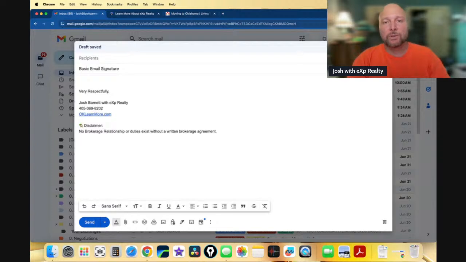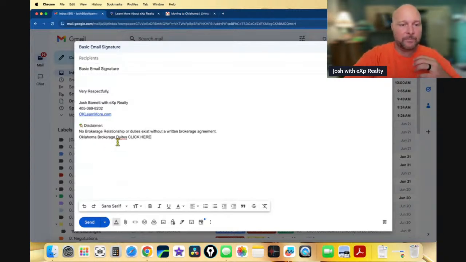And then you also want to put things that are state specific, like Oklahoma brokerage duties. And then I put click here. Why did that correct to exit? Exist. Okay, that's correct. Click here, and then